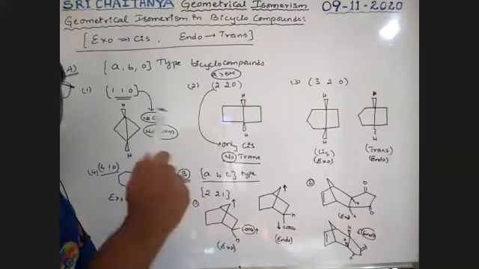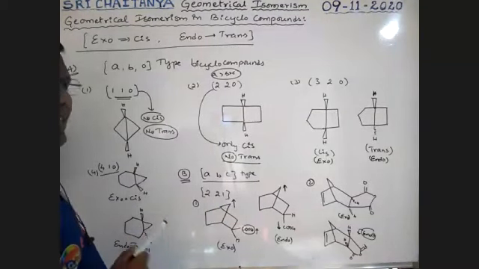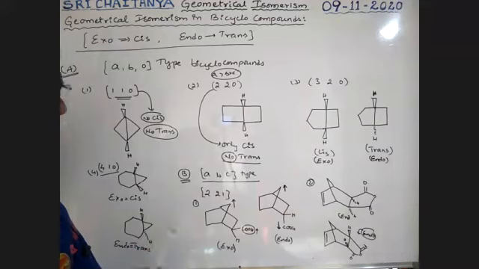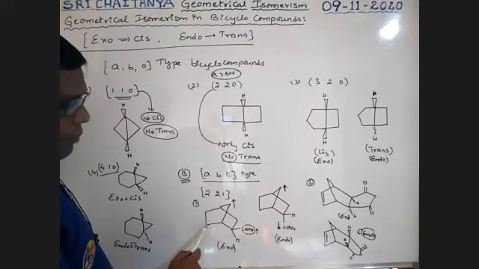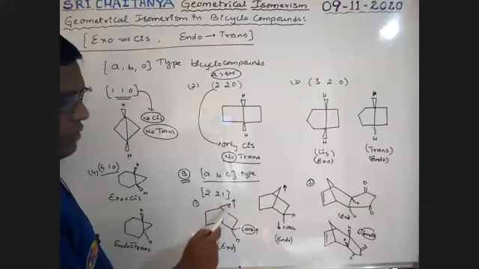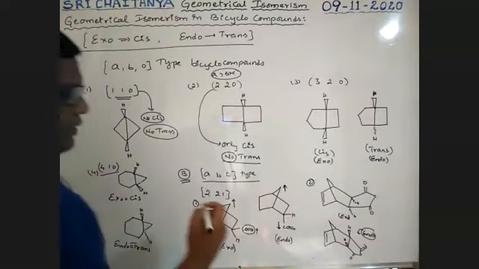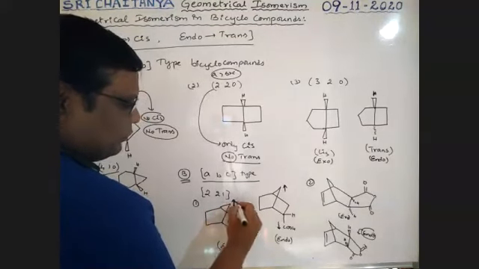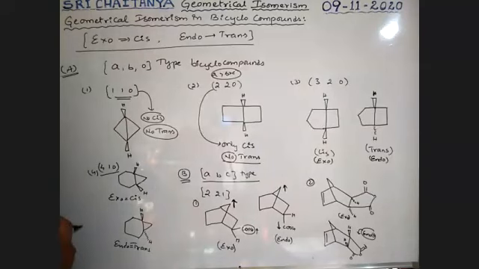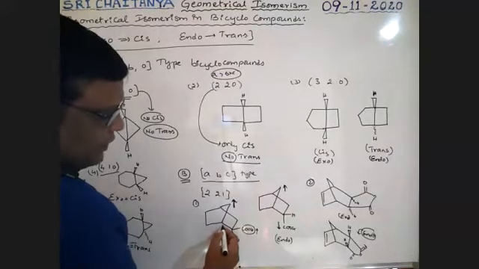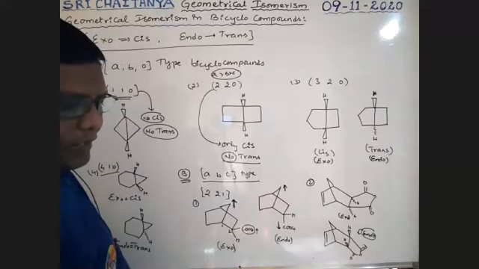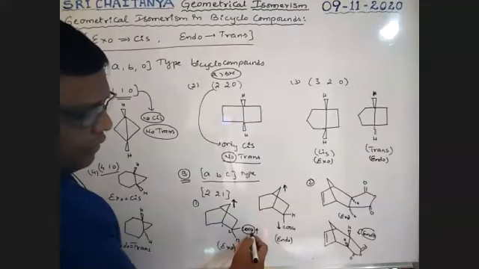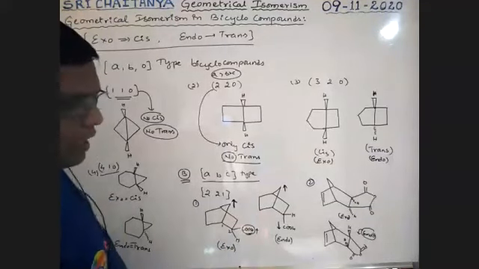Which one is cis, which one is trans? See here, a 2-1 type compound. It is 2 carbons, 2 carbons, and between the two bridgeheads, 1 carbon is there, 2-1. See here, boys, this bridgehead seems to be moving up. So it is the first carbon, second carbon, first carbon, second carbon. This is the compound, boys. At the second position, COOH exists, that is carboxylic acid.